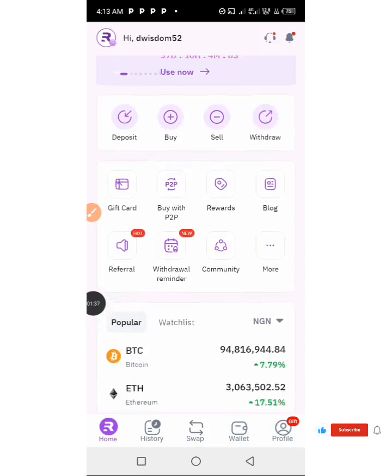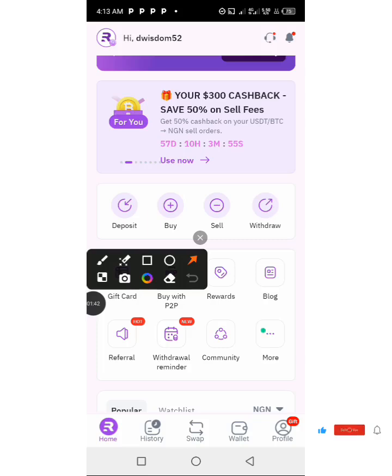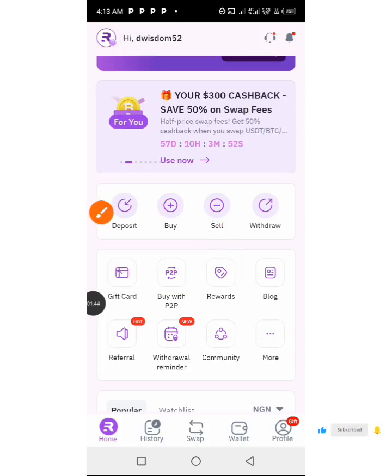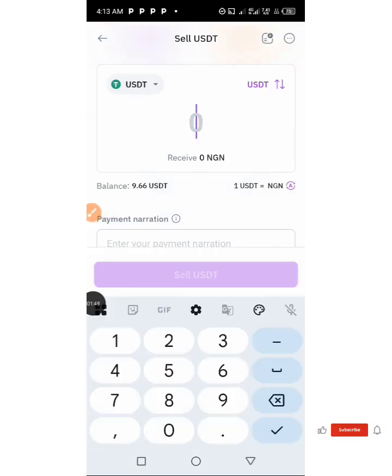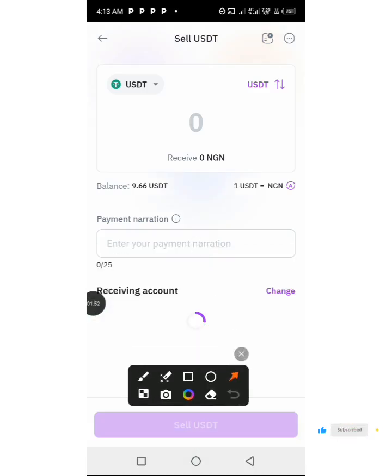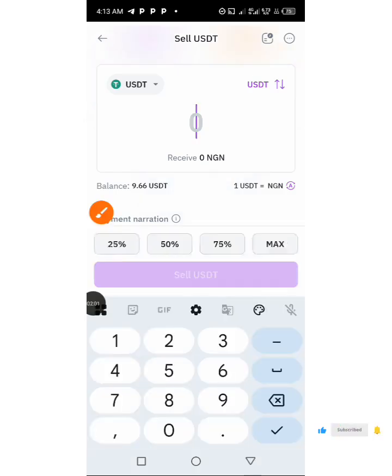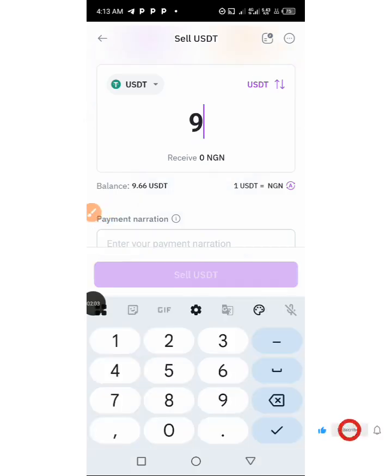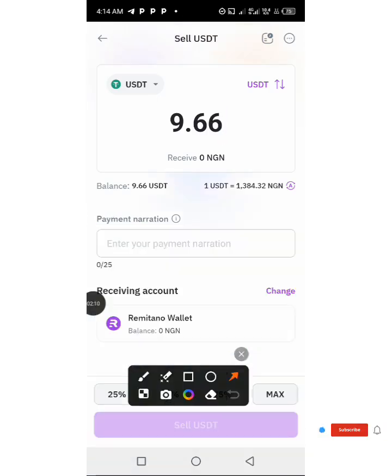The first thing you need to do is this. Now you have to click on this sell because I want to sell. All right, you click on this sell. Then after I clicked on the sell, you can now see that the money that I have in my wallet is $9.66. I'm going to insert that money right here. I want to withdraw the money, okay? I'll insert $9.66. All right, this is the money I want to withdraw, and the money that I have is in USDT